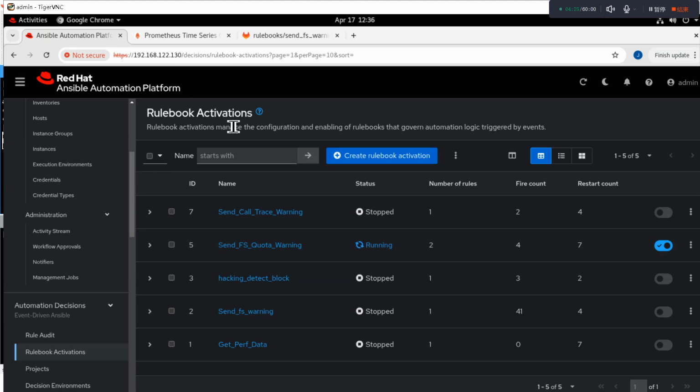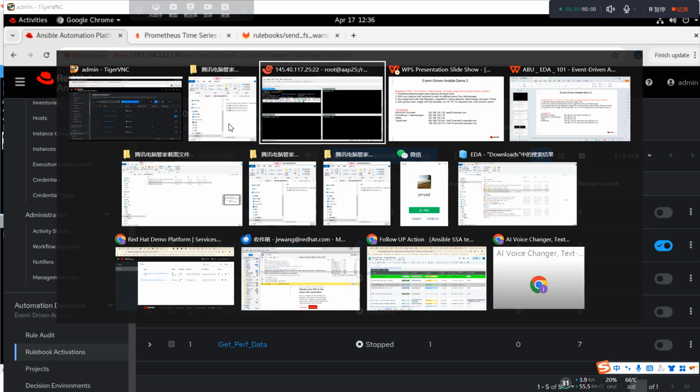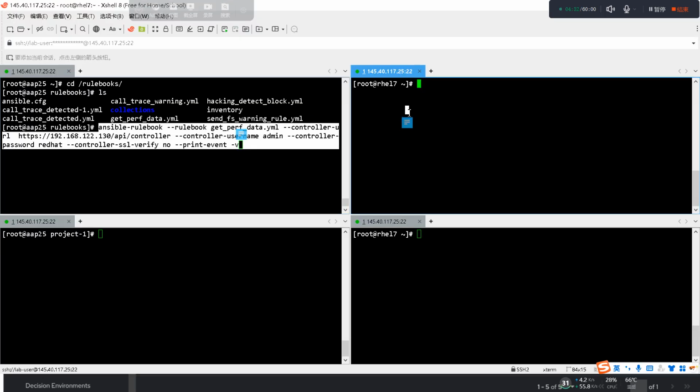Okay, now we can make some noise to trigger the rulebook to take actions. And just like before, we can trigger the condition on any of the target hosts. For example, on this target host,